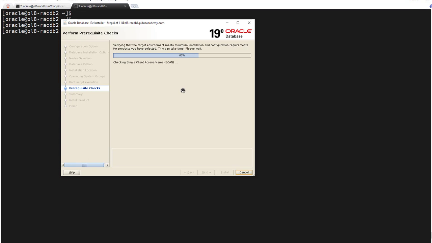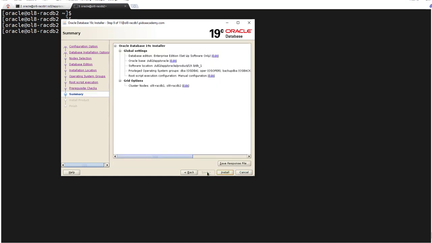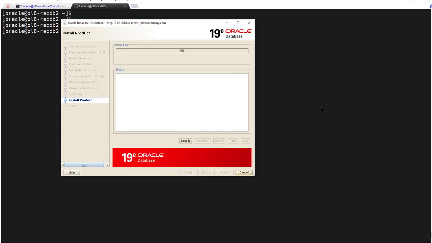We can ignore it. So let the check complete. You can see these are NTP and clock sync, so I can ignore them, and then install. The installation will take some time.